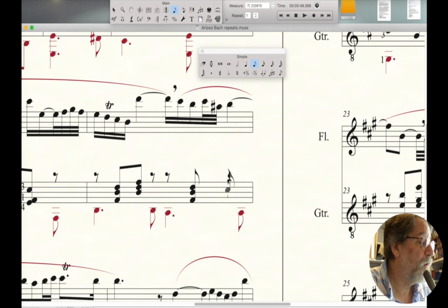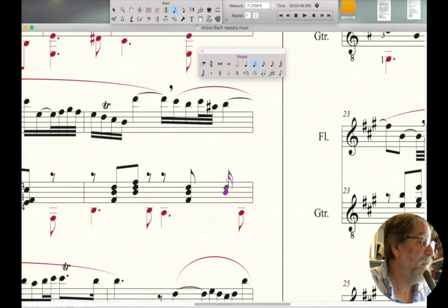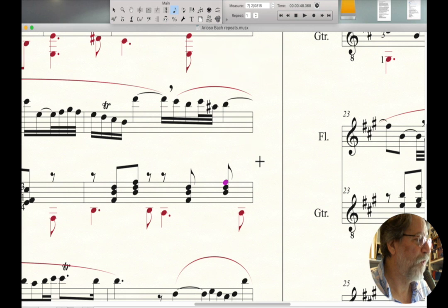Oops, I got to go over here. B, D, F sharp. Now you notice I don't have the last eighth rest. If you just click out of this, it'll generate it for you. So boom, boom. Oh well, it generated it. Okay, so I'm clicking out of simple entry,